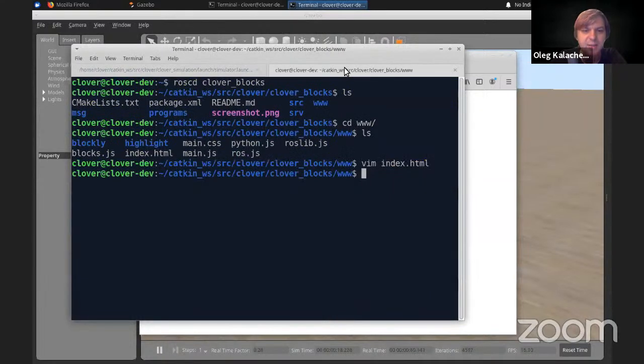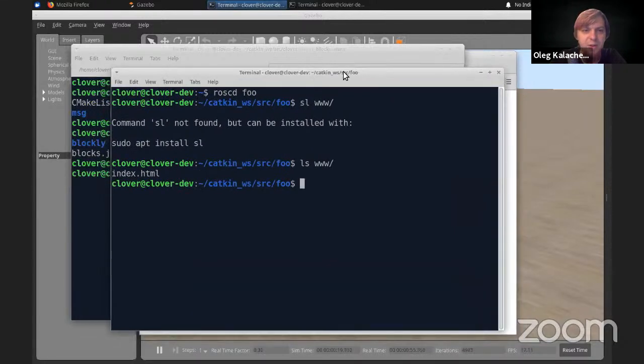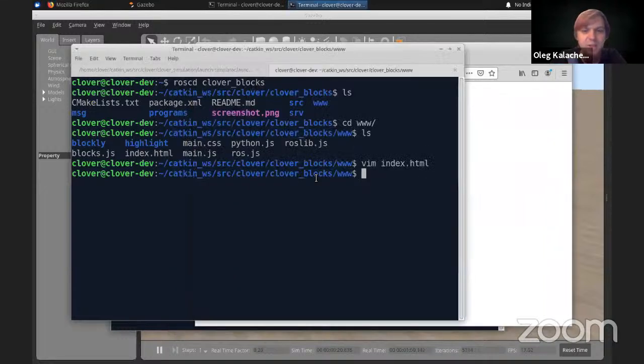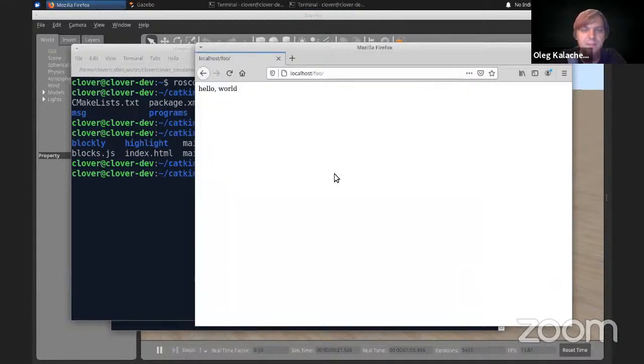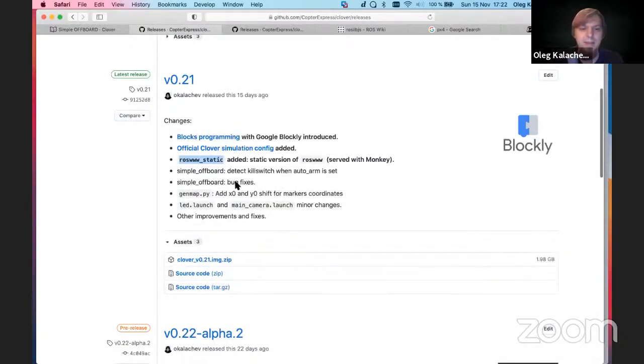And this is an easy way to make a web part of your package. All you need to do is create a ROS package and create a www directory in it. And here you can use roslibjs to communicate with ROS resources and make a nice user interface to control or monitor or debug your thing, your project. And this is all